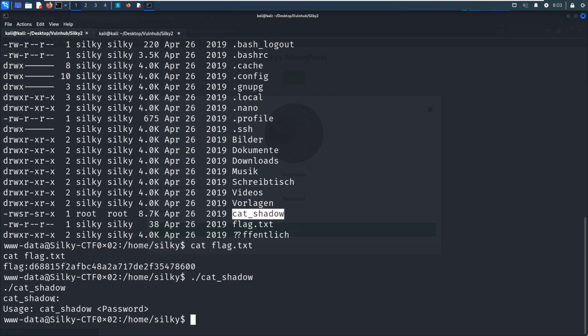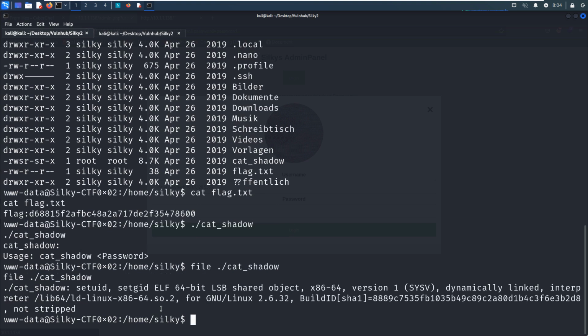However, we need to provide the password to run this file. Then we can use the file command to display the type of this file. This is a setuid 64-bit executable, okay?